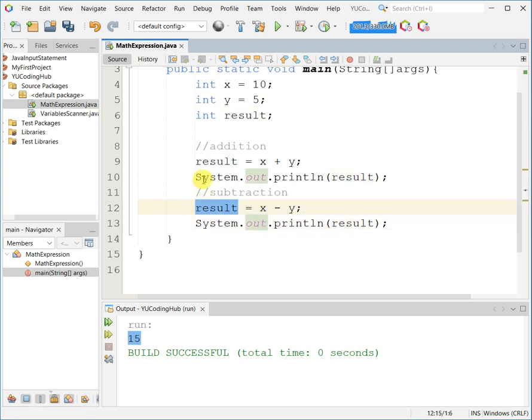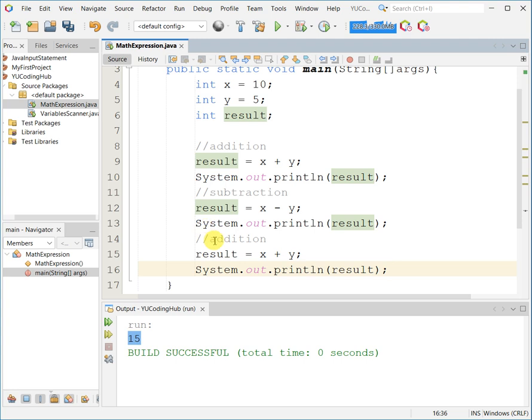As you can see here, I am just reusing the variable. There's no problem with this since I have already displayed the result over here once this expression is executed. Then next, let's do multiplication, which is going to be the multiply, which is star.